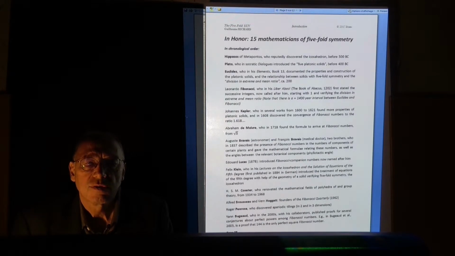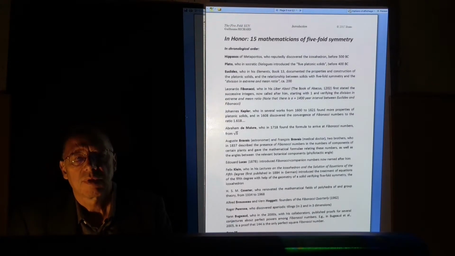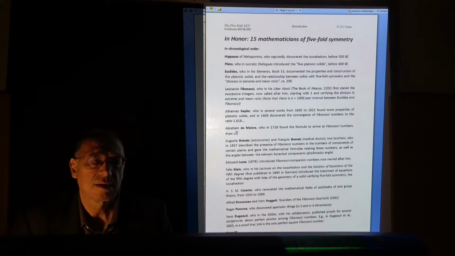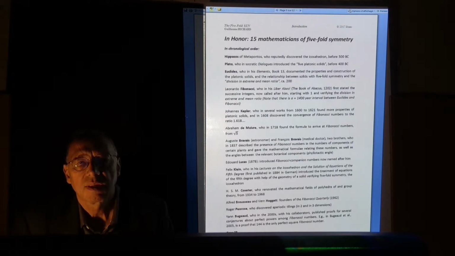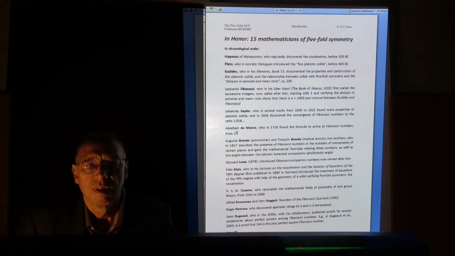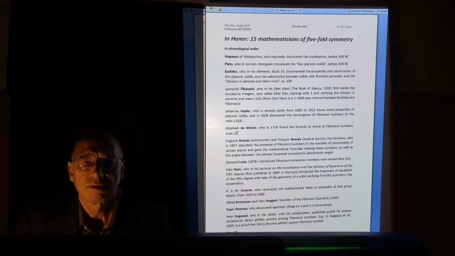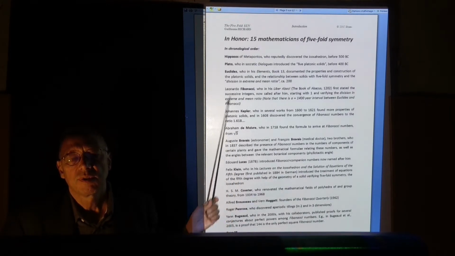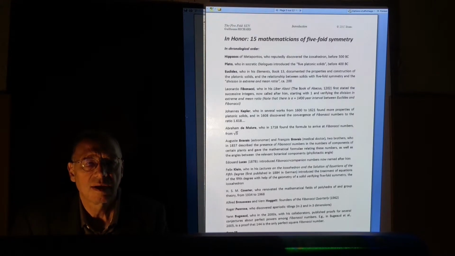I also wanted to mention the mathematicians who advanced the theory of symmetry in solids, which is in my project related to the presence of a suggested fivefold symmetry in the solar ball. Of course, this starts with the Greeks, Hippasus and Plato, through Fibonacci, who discovered an arithmetic